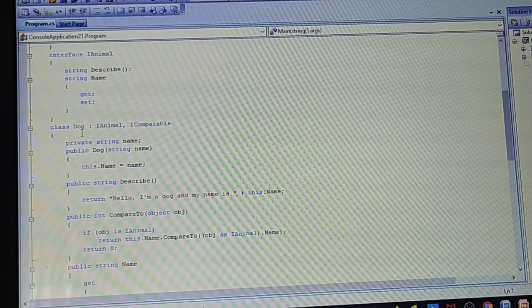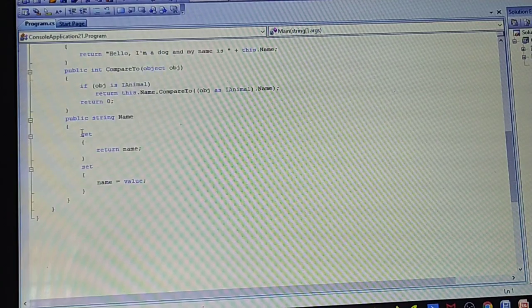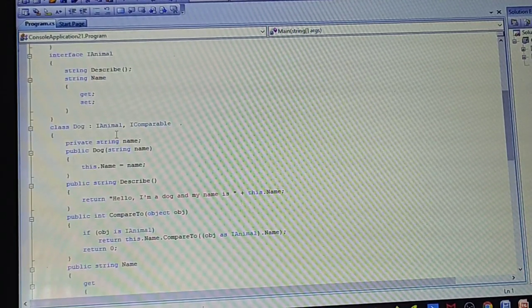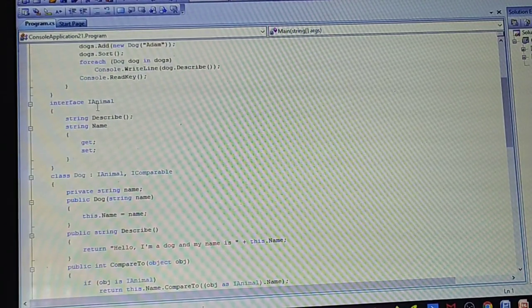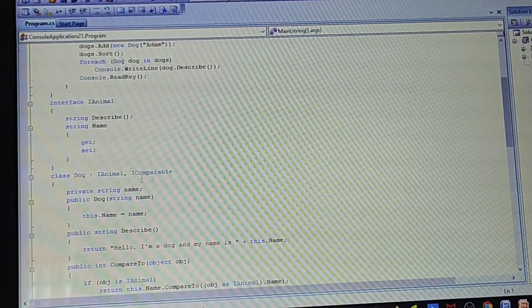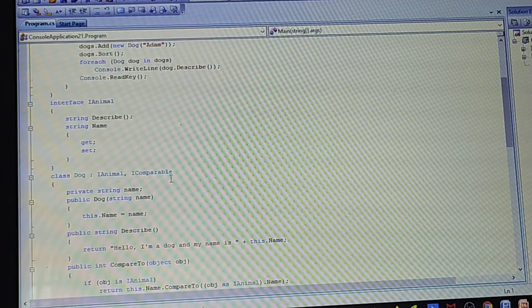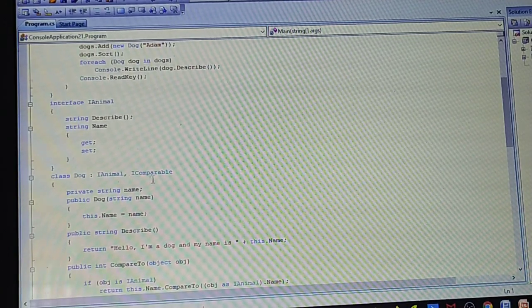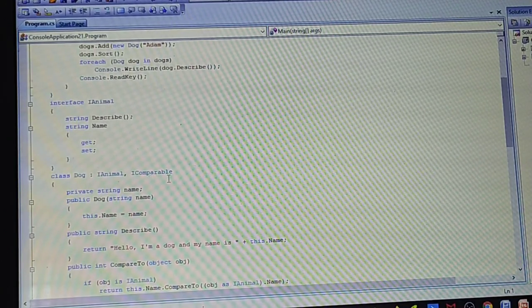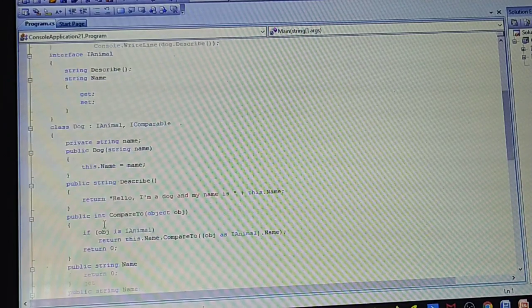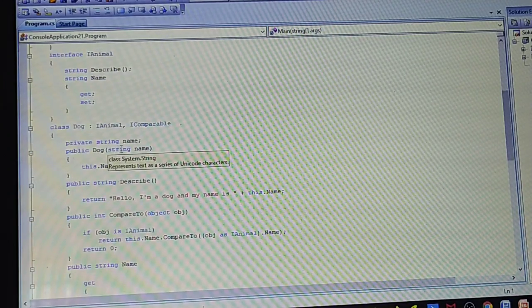And we have this class Dog which is implementing the interface IAnimal. IComparable is a built-in interface which compares the items. Especially it is used for sorting the items inside some data structure. Here we have a